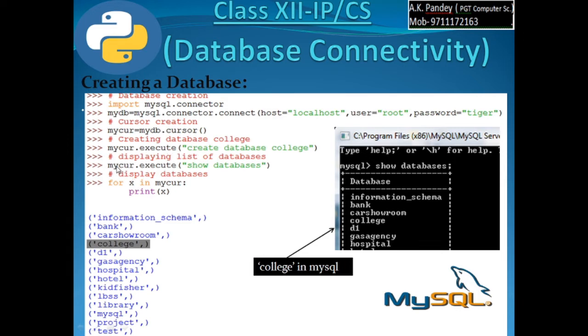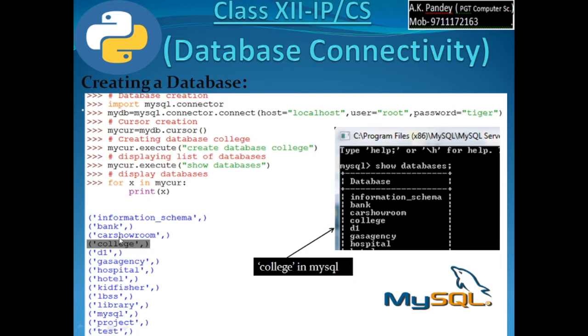So you can verify it: mycur.execute show databases. After writing show databases, mycur will have the values of the rows of show databases. How to display it? You can write for any variable in the cursor, for x in mycur print x. So x is going to be printed in the form of a tuple.